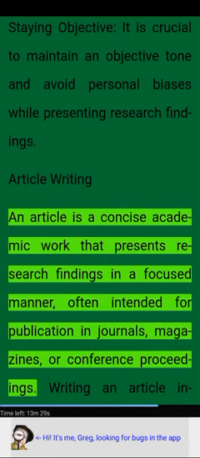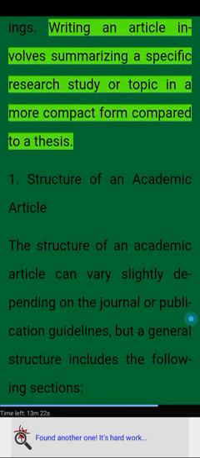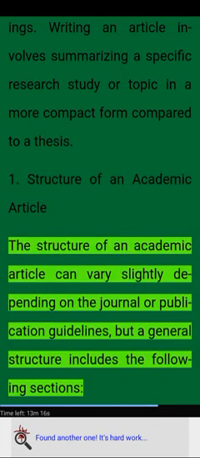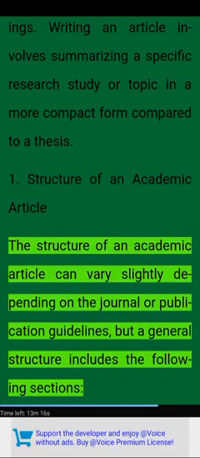Article writing. An article is a concise academic work that presents research findings in a focused manner, often intended for publication in journals, magazines, or conference proceedings. Writing an article involves summarizing a specific research study or topic in a more compact form compared to a thesis. 1. Structure of an academic article. The structure of an academic article can vary slightly depending on the journal or publication guidelines, but a general structure